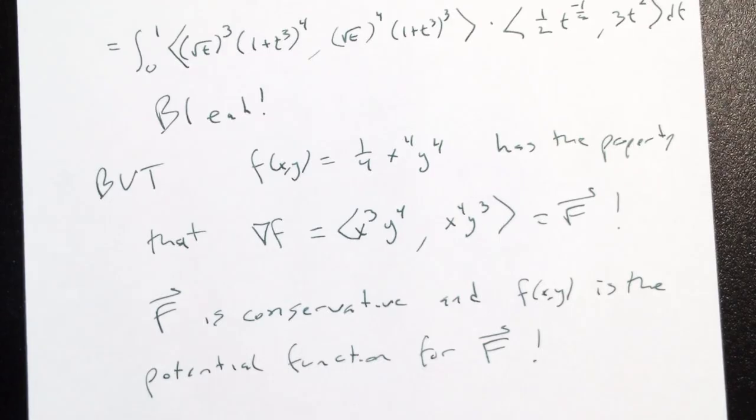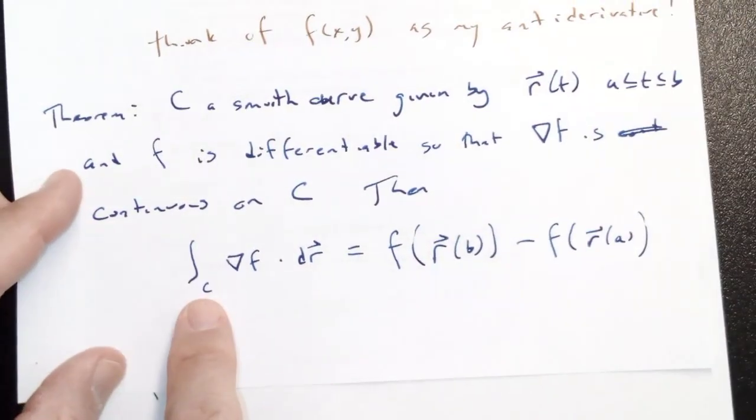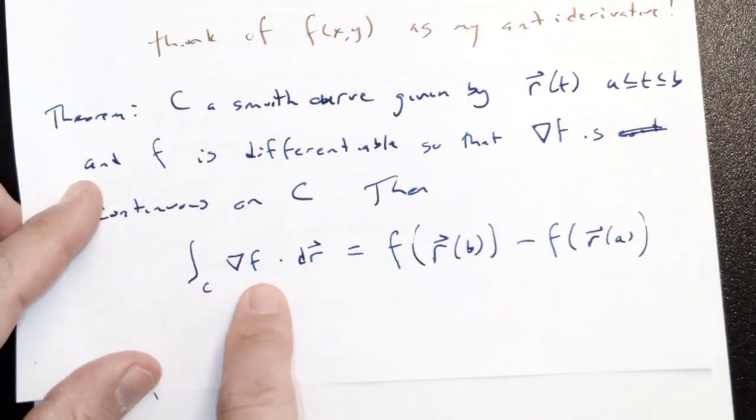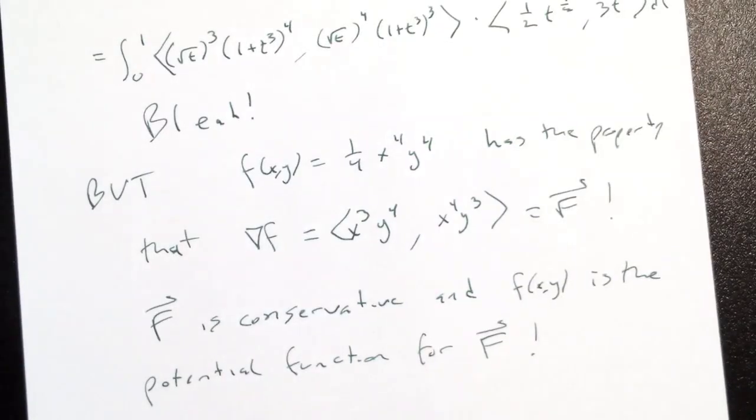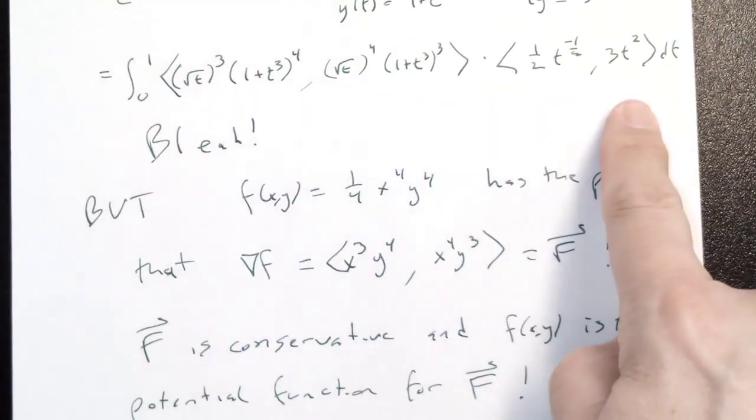Now, ready for the fun part? The theorem I wrote about line integrals says that if you're doing the line integral on a conservative vector field, you can just plug in to the potential function. Instead of doing all this bullshit,